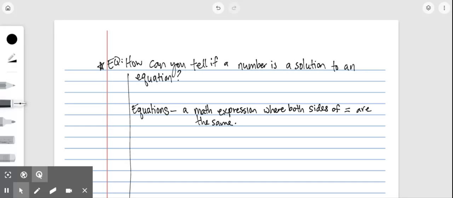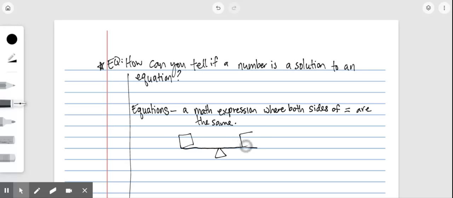a balance beam, because when you have a balance beam and it's flat, you know that both sides are equal. So whatever's on this side is the same as whatever's on this side. It's got to be the same in weight or the same in size or the same in value. So an equation is where one side, let's say this is a box, is equal to the other side. Box equals box. Okay. However, equations are kind of cool because they don't always have to say the same exact